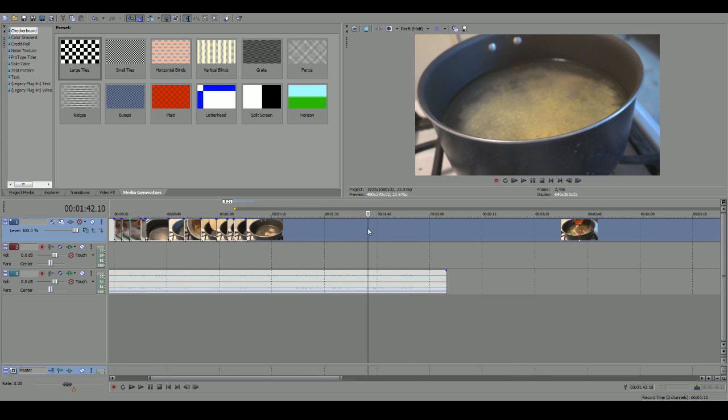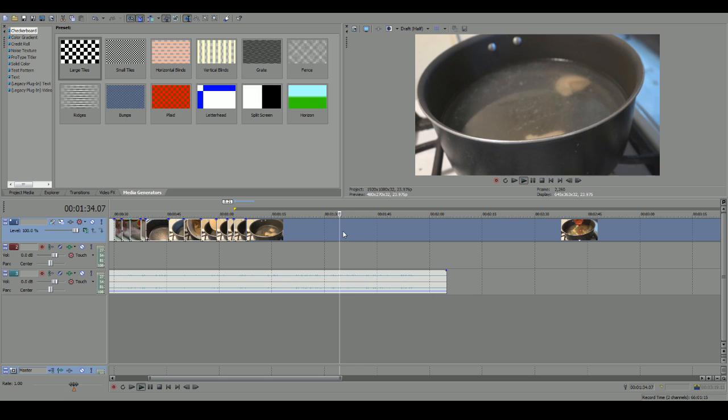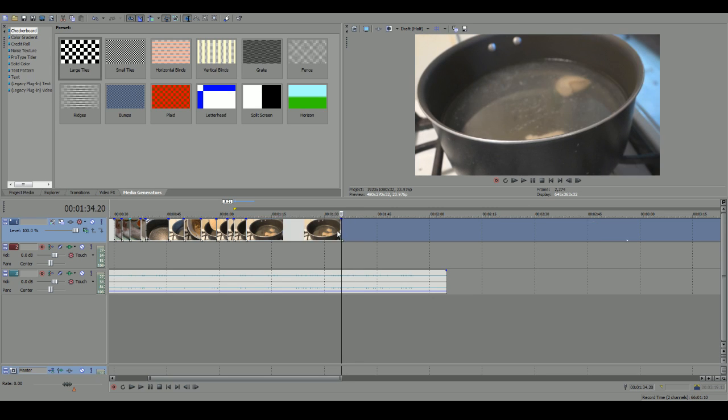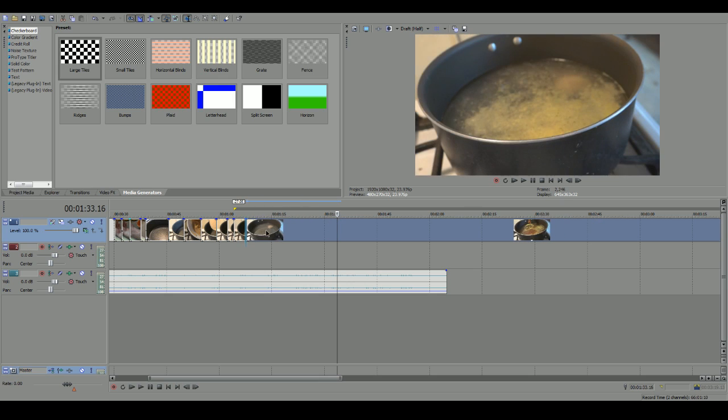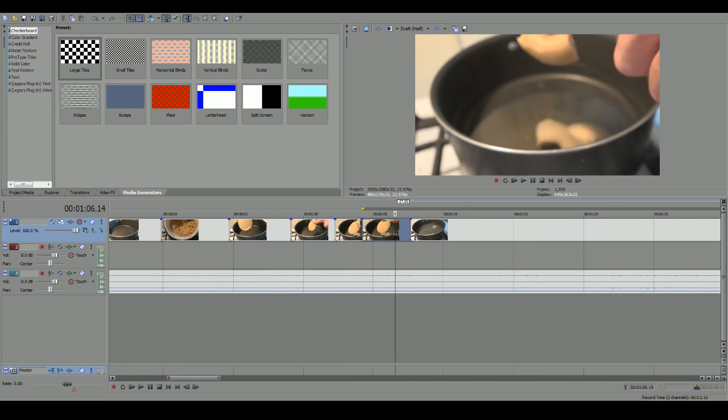Okay, and then we put the next thing in, which is going to be veggie broth. By the way, I know you guys are watching this to see how I edit, but the actual content of this soup is so damn good. I didn't even finish all of it. It's next to me because I had to get to work, but it takes so long to eat. Whole thing under 200 calories. Just saying.